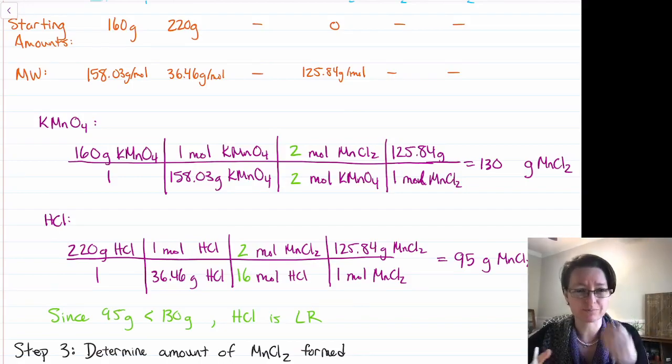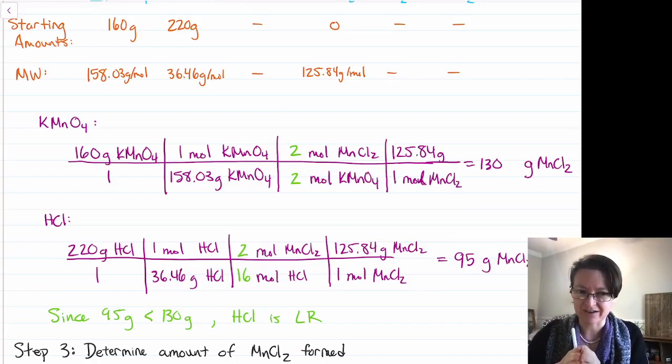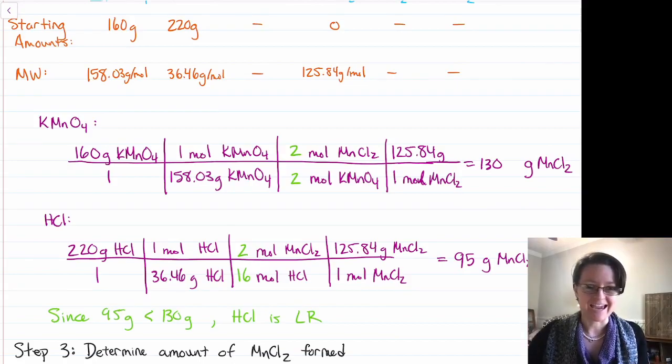So as I start to form manganese 2 chloride, let's say I formed 60 grams of it. That's fine. We have enough of each of our ingredients for that to happen. Forming 90 grams, still totally fine. As soon as I form 95 grams of the product compound, I no longer have any leftover HCl. I've used all of it up. And so even though the potassium permanganate was like, hey, I could form up to 130 grams, HCl is bowing